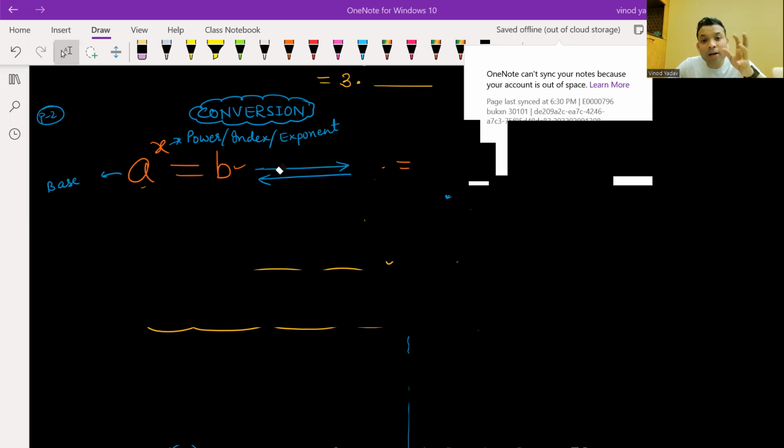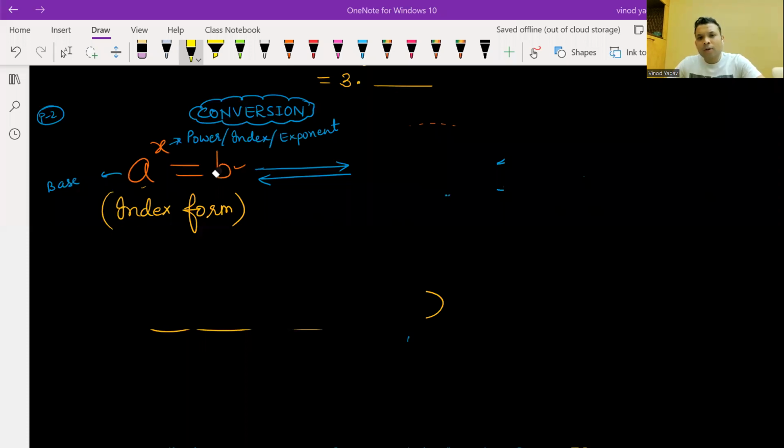Yeah. Now I convert this to other form. Yes, that is your log form. So a raised to x is equal to b is ultimately index form where you see three terms: base, power or index or exponent, and b. What should we call that b as? Yes, no technical term. You can call it as answer. So answer of a raised to x is b. That's it. Now, if you want to find that x, you need to convert from this form to other form,